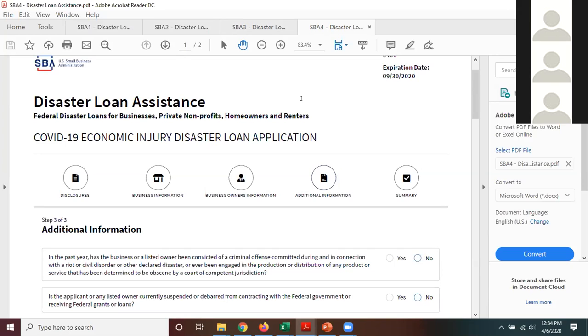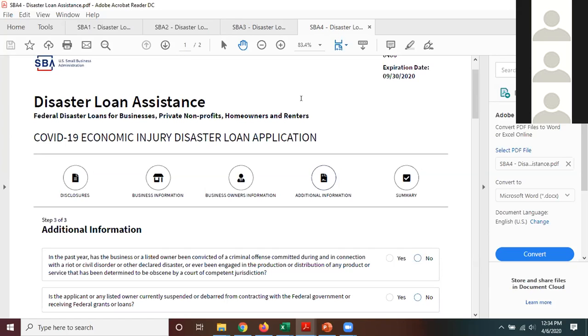Even if you're self-employed, you're eligible. You don't need to payroll employees. I did get confirmation on that. Now, here's an interesting point about this, though. If you have 1099 workers, the 1099 workers don't count towards the payroll. So that is one piece about the PPP that is just slightly different.